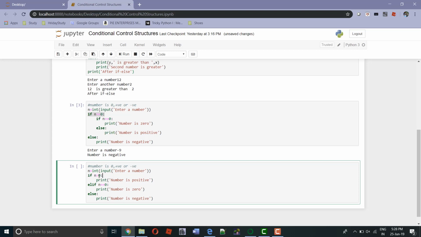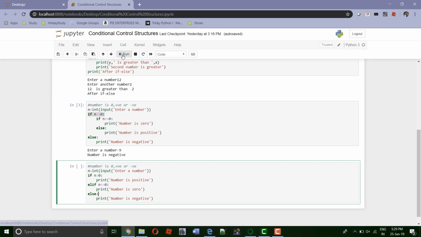Since this condition is false, control will go to this elif, and since it meets the condition, n is 0, it will print number is 0, and in that case the else part will not be executed. The else part will be executed only when the condition given with the if and the condition given with the elif are false.